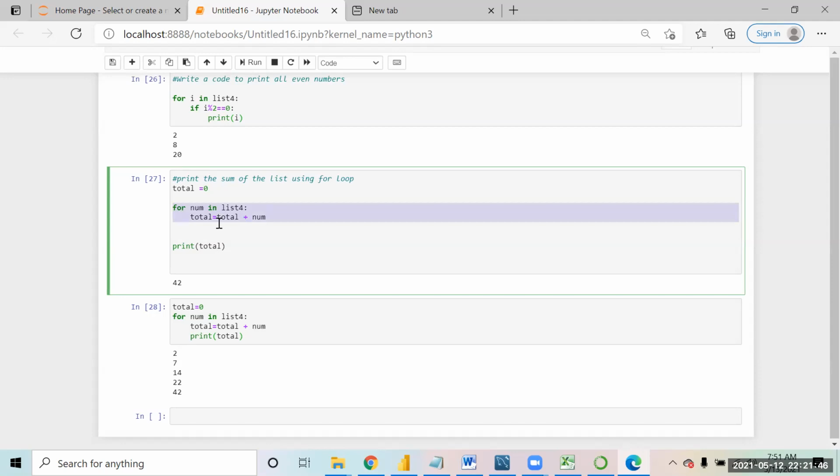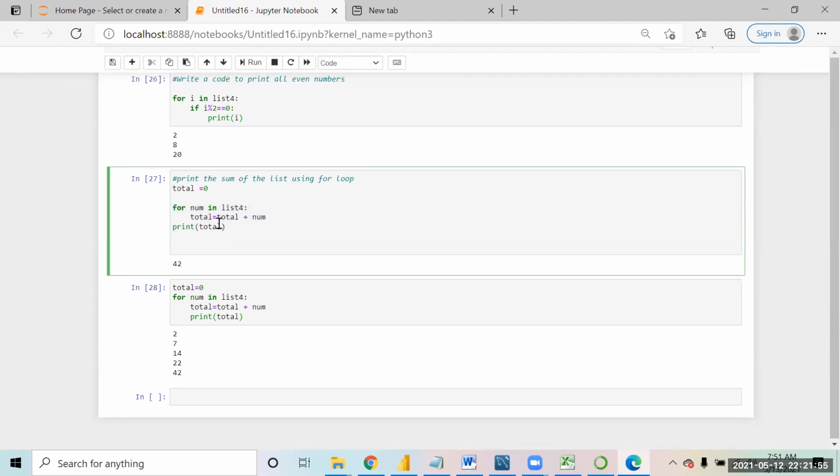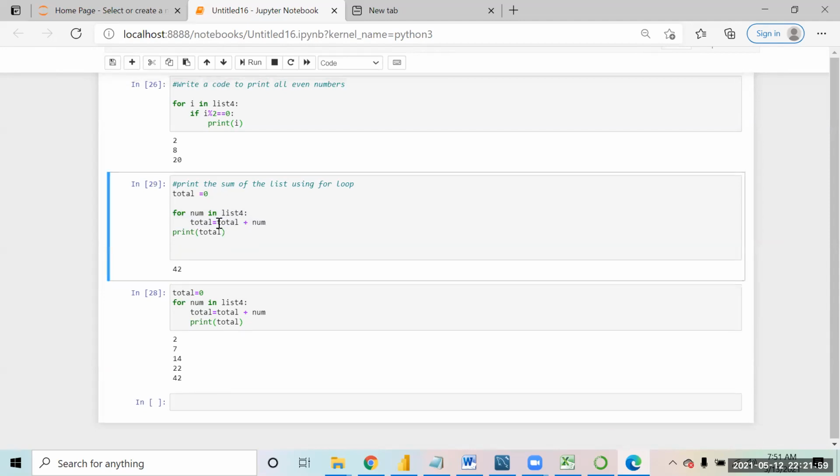But when you move outside the indentation, when you remove the indentation, now Python understands that the for loop is only running up till here. So it will first run the complete for loop. It's not mandatory to give a line break. Even if you don't give a line break, it will still work and give you the same result, that is 42. Because the moment it sees the indentation has changed, it knows that it will first execute the for loop, then come to the last print. Making sense? Thank you.